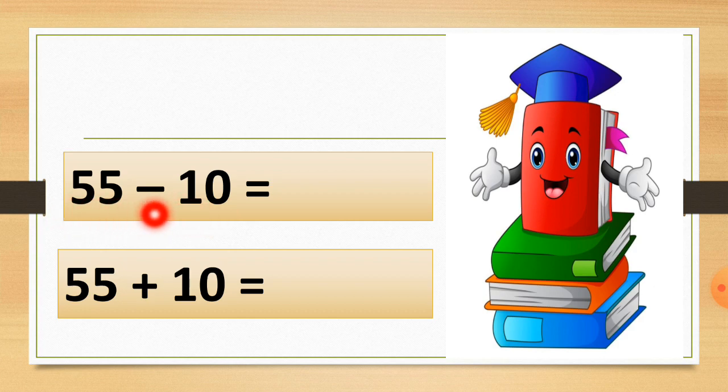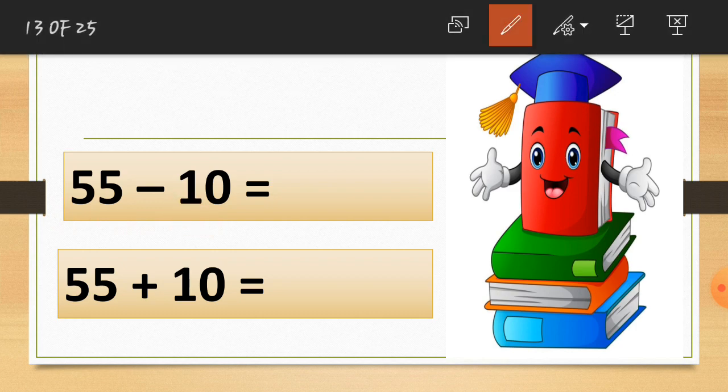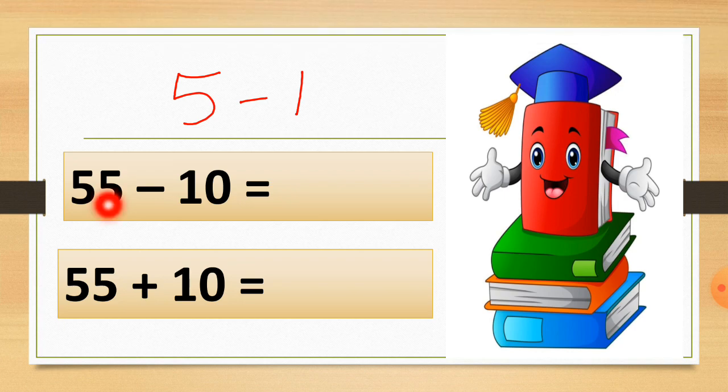So 5 minus 1, just remember, students, I will show you through this handwriting. Here is 5, I take the tens value only. I take this tens value which is 5, and here this tens value which is 1. So 5 minus 1 is equal to how much? Just count through your fingers. Take 5 fingers and hide 1 finger from it. So you will get the answer, which is 4.